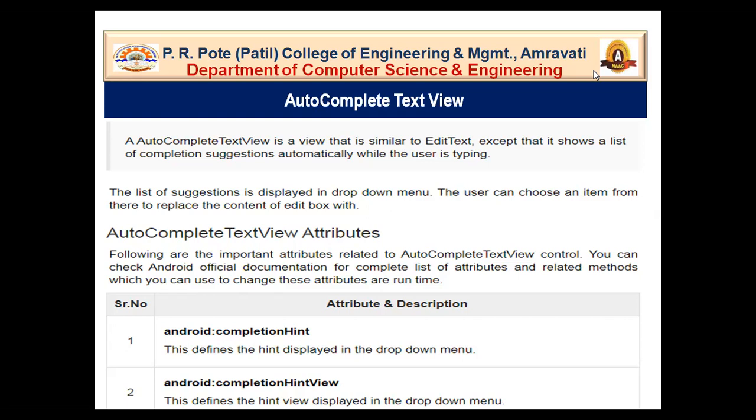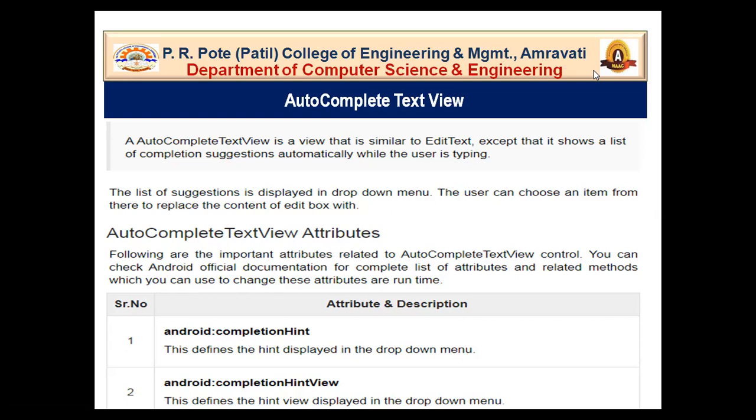This defines the hint displayed in the drop down menu. Likewise it shows suggestions in the drop down menu. So when you use completion hint, it is going to display some hints to you.